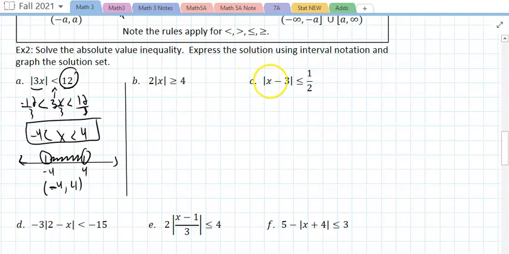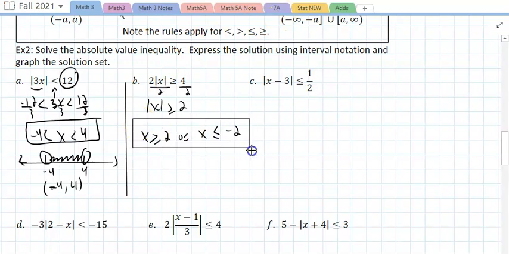Here, there's a small trick. I need to isolate the absolute value by itself. I would divide by 2 first. This is not a less than. So this is either x is greater than or equal to 2, or x is less than or equal to negative 2. Algebraic solution. Graphically, what that means, I would go to 2, negative 2 included,